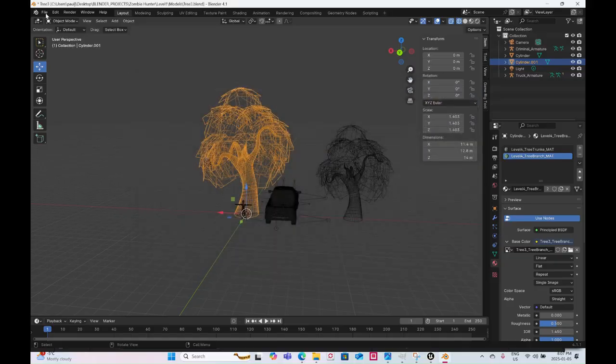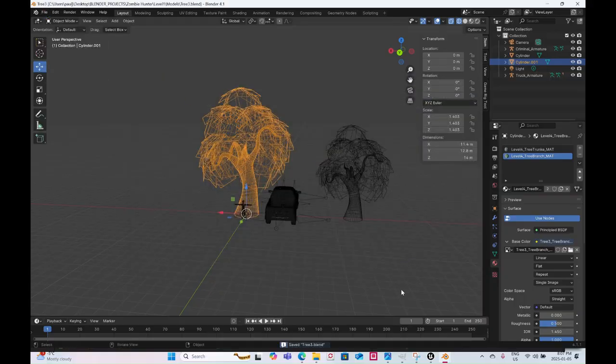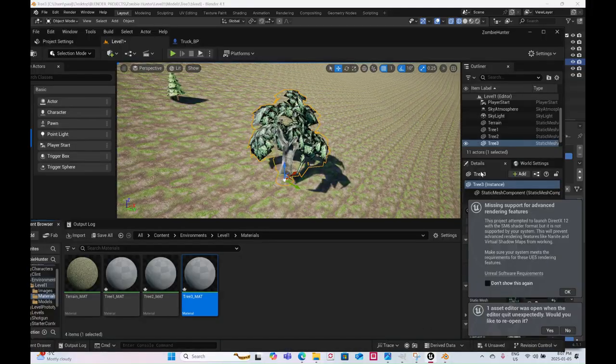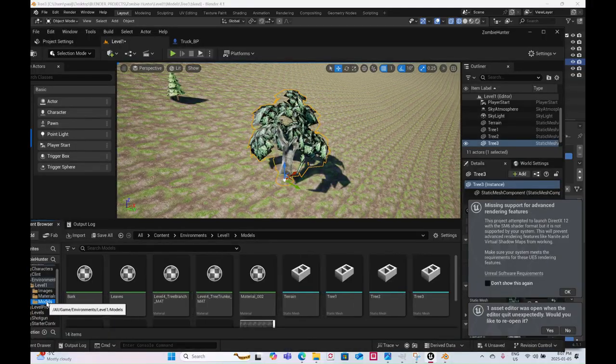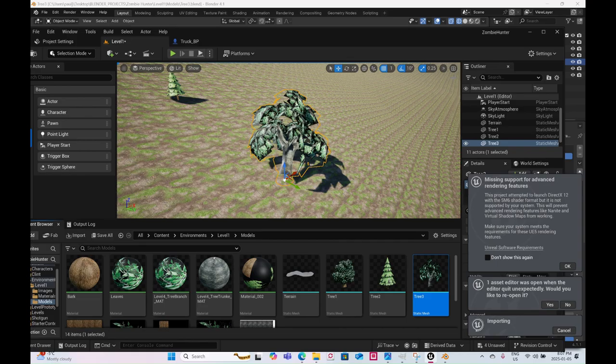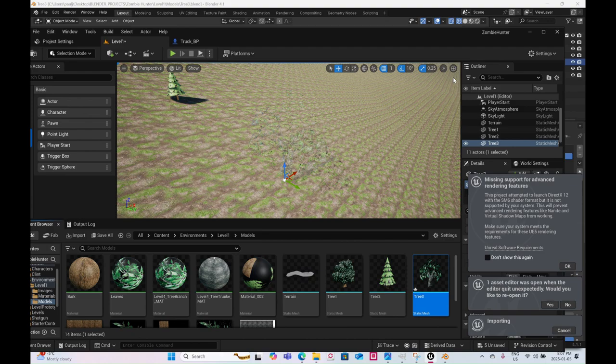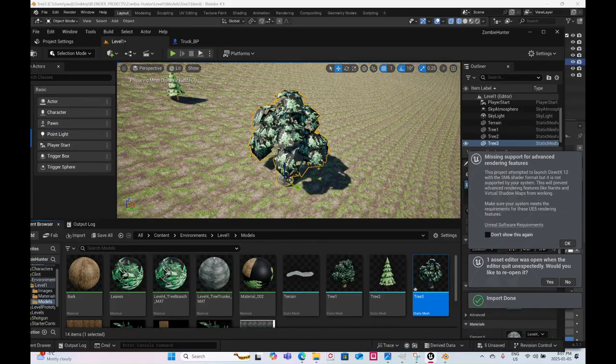We export that back here, models, re-import tree 3, and please don't crash on me. Okay, there we go. So as you can see,